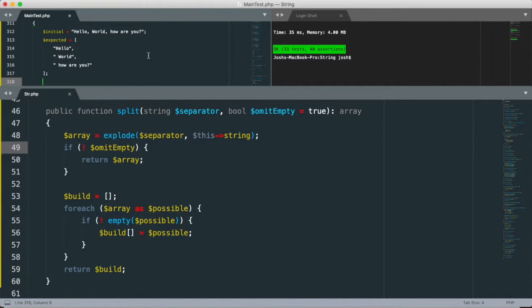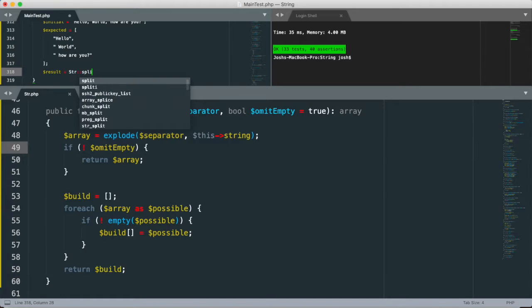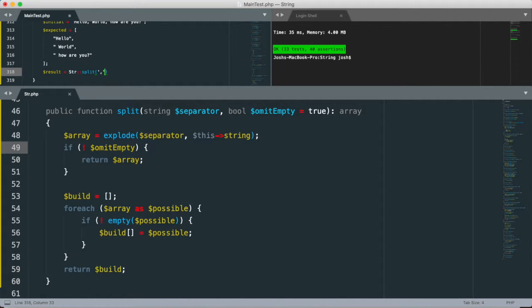And then what we should be able to do is say result, string split, splitting on the comma, and then